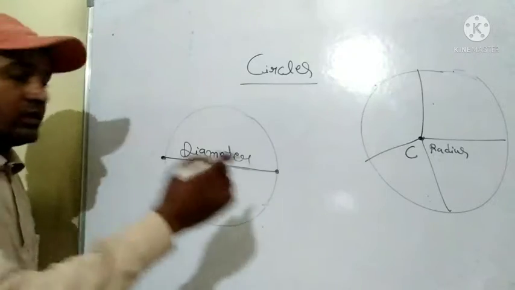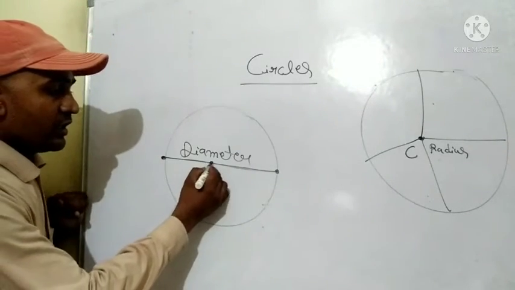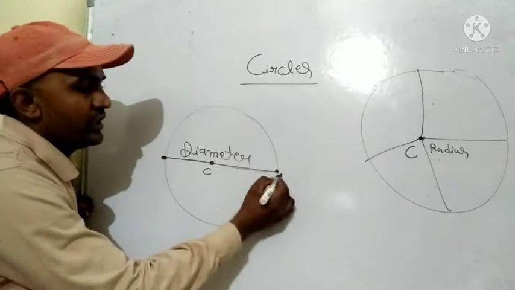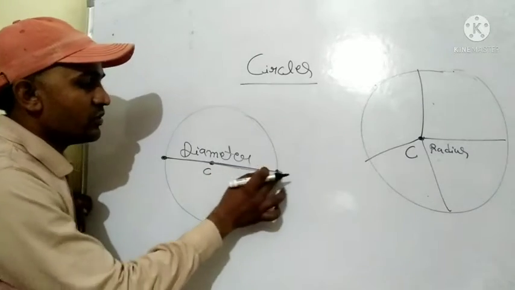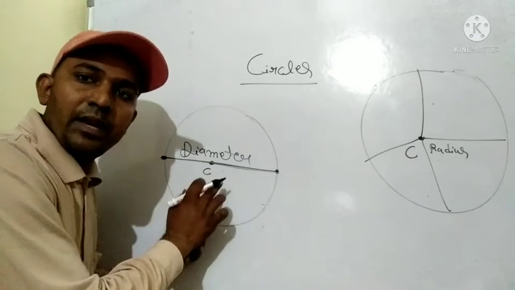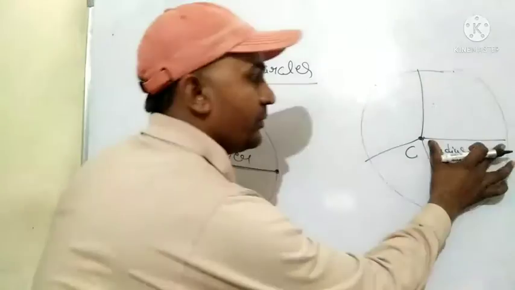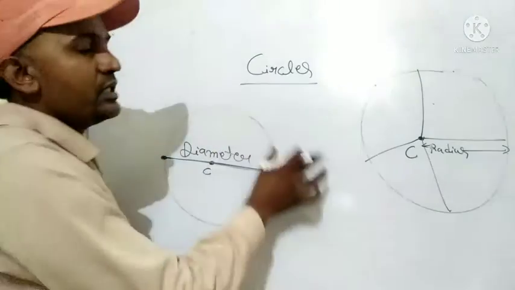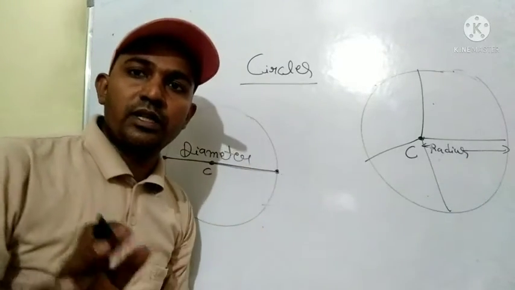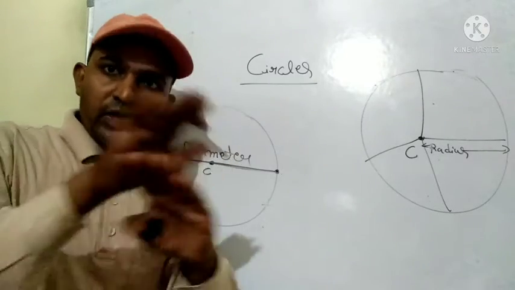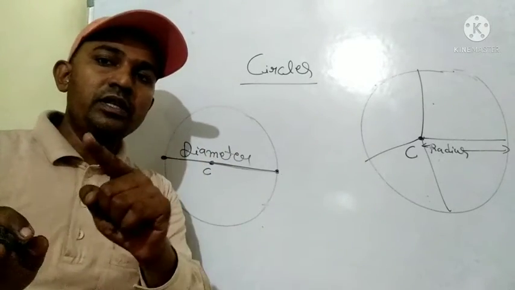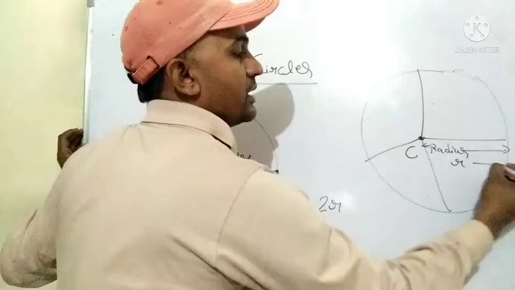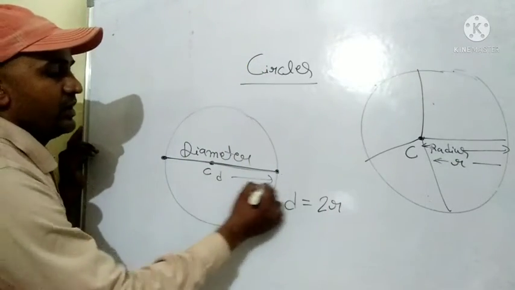If we see another figure here, joining any 2 points of the circle through the center, a line passing through the center joining 2 points of the circle, is called the diameter of this circle. So if we see that figure, we say that the diameter is double the radius. You can understand it like that: the relation between diameter and radius is that diameter is double the radius. You can say diameter is 2 into r. We represent radius by small r and diameter by small d.